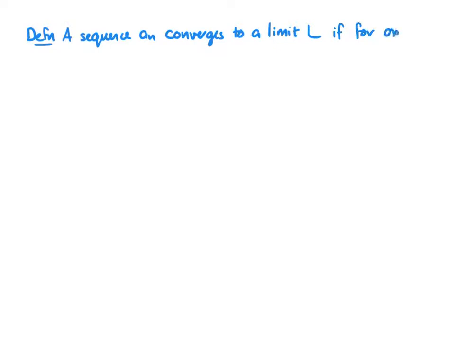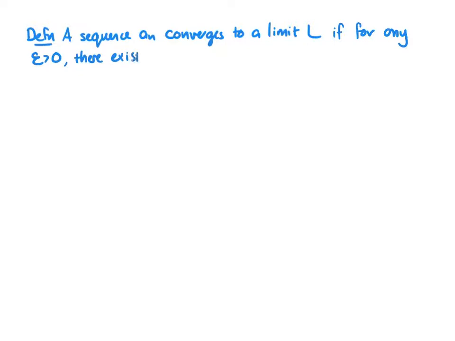All right, let's write down the precise definition of the limit of a sequence. A sequence a sub n converges to a limit L if the following is true: if for any epsilon greater than 0. Remember, epsilon is measuring this closeness between the terms and the limit. If for any amount of closeness we want, any epsilon greater than 0,